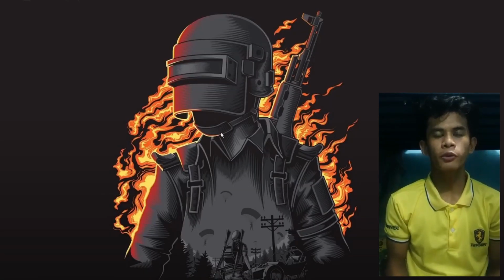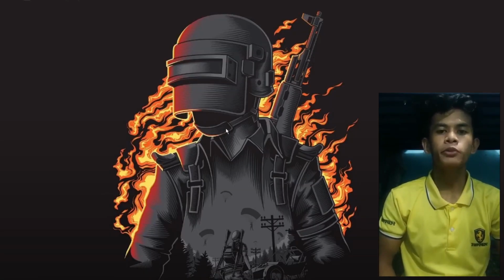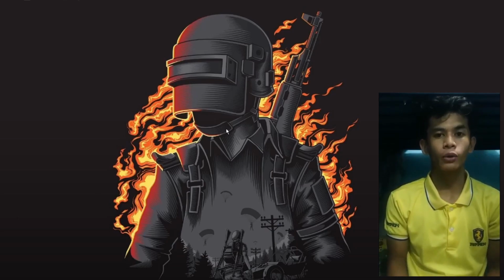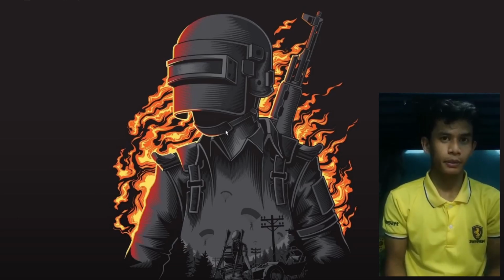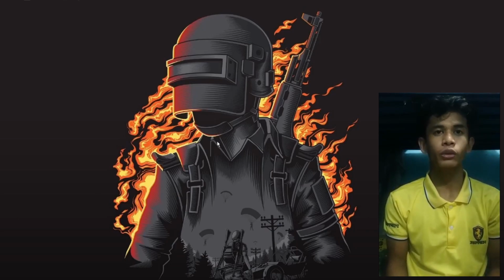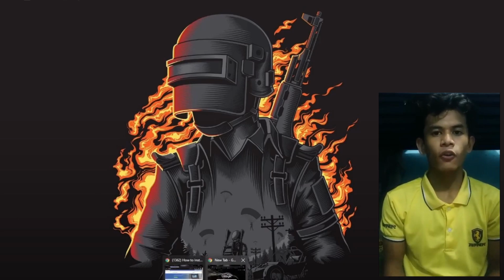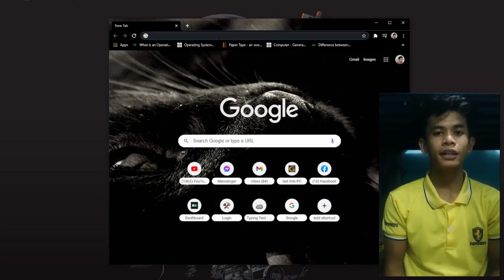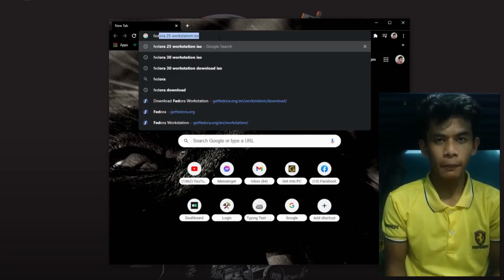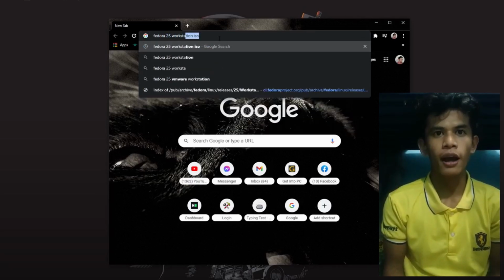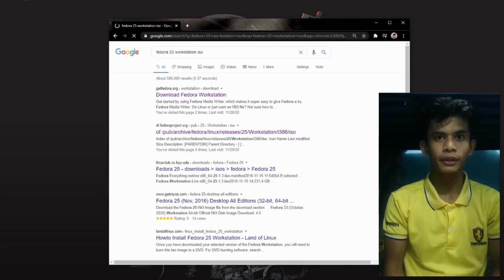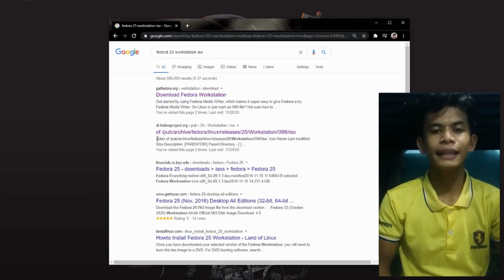So first, we'll prepare an installed Oracle VirtualBox on your operating system. We are not going to show you how to download VirtualBox in this video. So for now, we're going to download the Fedora ISO file. First, just open your preferred browser and search for Fedora 25 Workstation ISO. And from the result, click the link with a